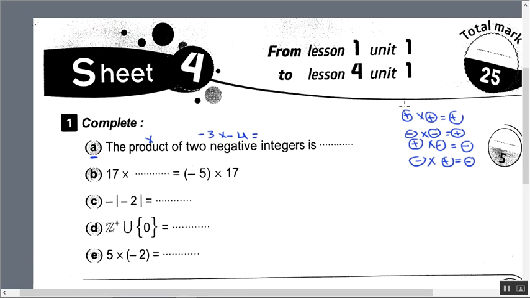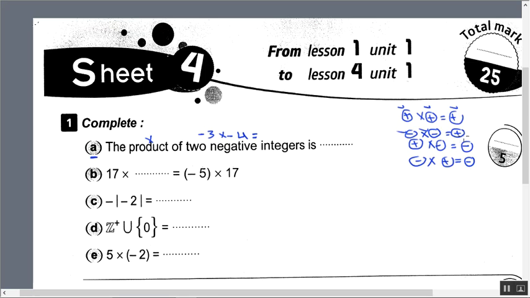If we have two similar signs, the product will be positive. Here we have positive times positive, it will be also positive, and here the signs are also similar, so here negative